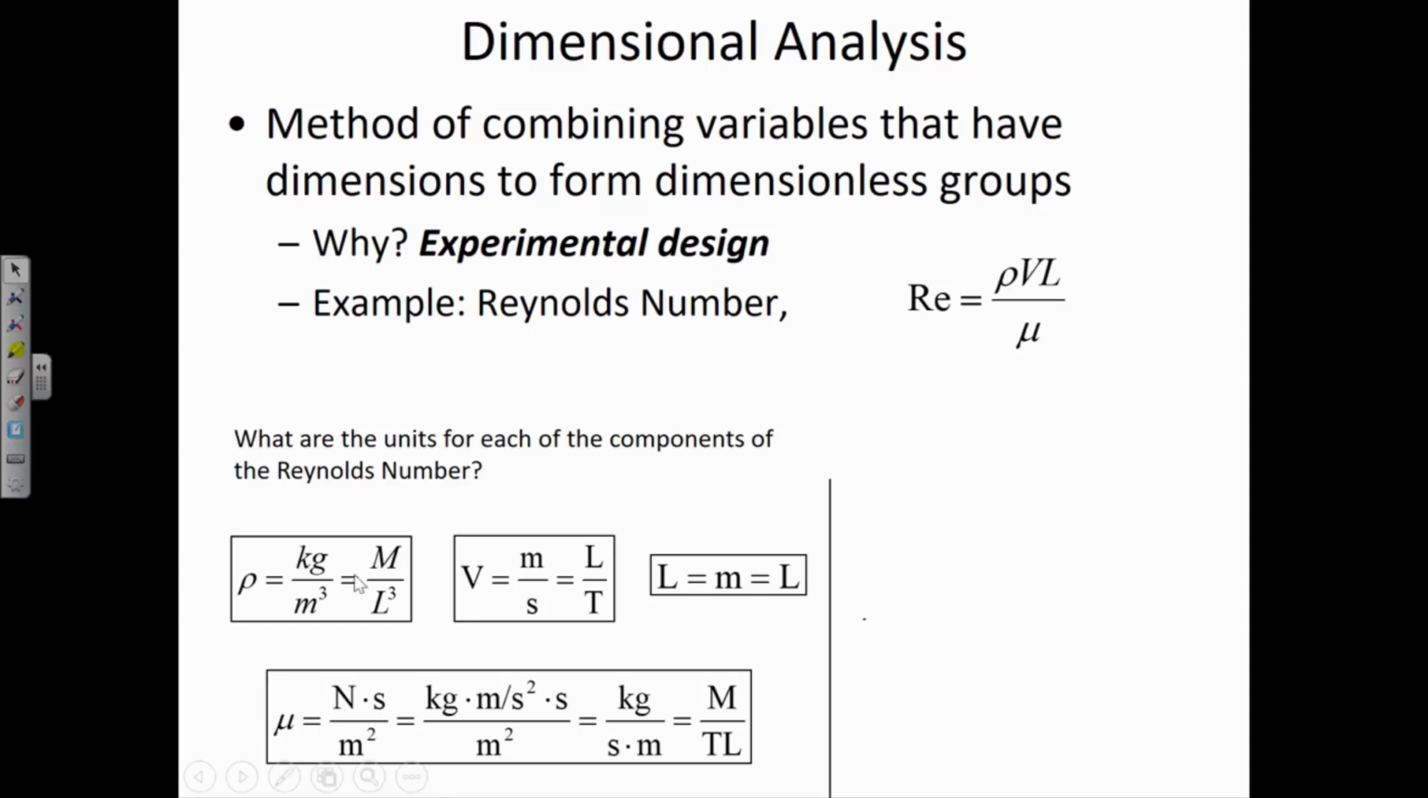So in the case of Reynolds number here, density, which is kilograms per cubic meter, has units of mass divided by length cubed. And velocity, which we measure in the SI system as meters per second, is length per time. And here in the Reynolds number, the length is meters, which is length. And the viscosity of Newton seconds per meter squared, well, we can break the newtons down into kilogram meter per second squared. So that's the definition of a newton. And then if we cancel out the